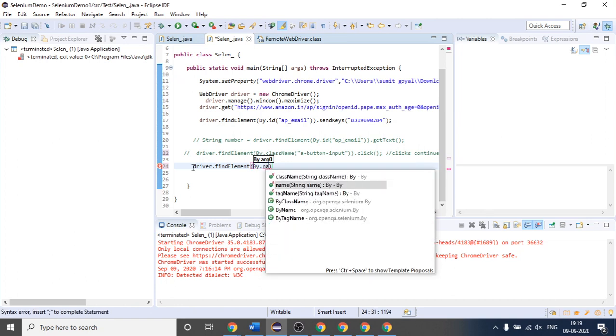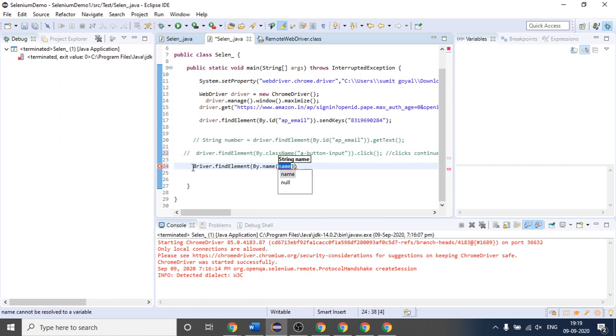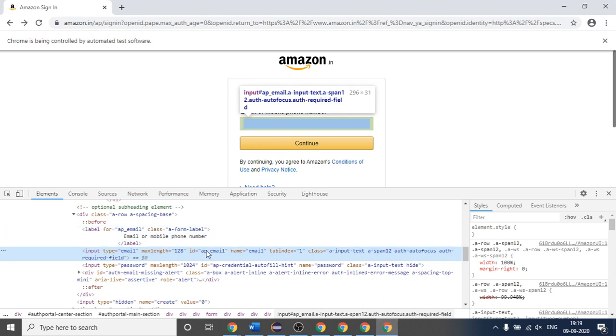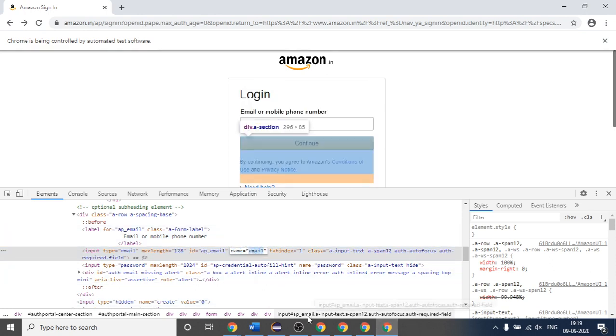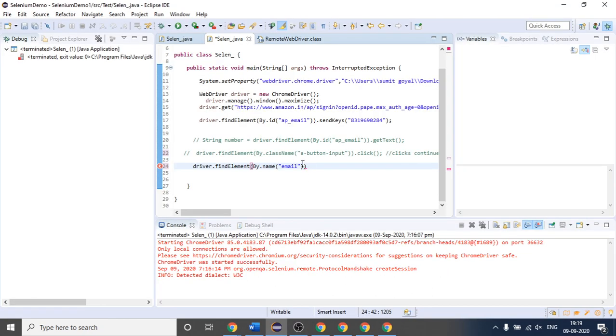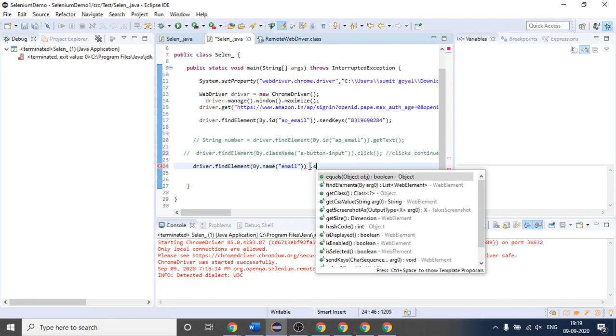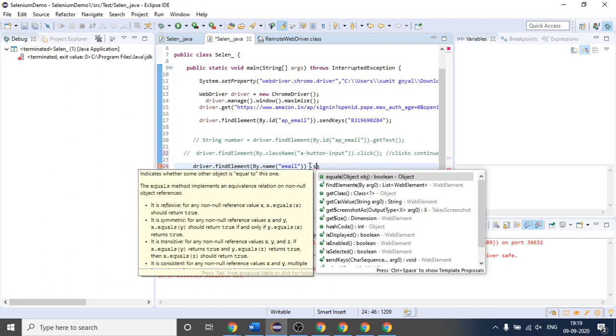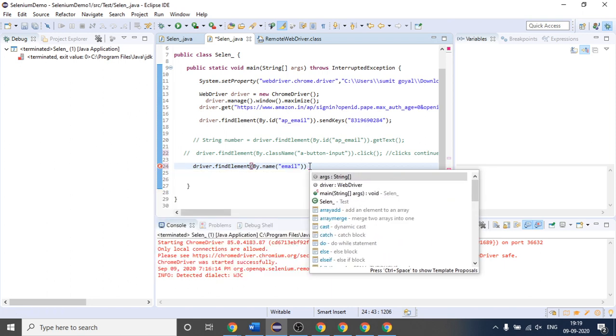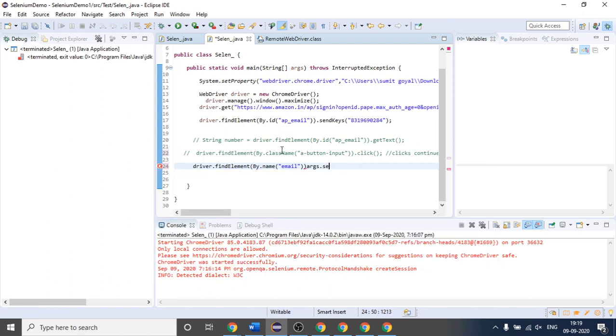You can see this is the second one. And what is the value of the name? Email, as you have seen in this window. So the value of that name attribute is email. We have provided the value, and after that we just have to write dot send keys.